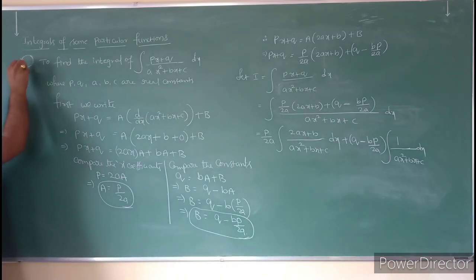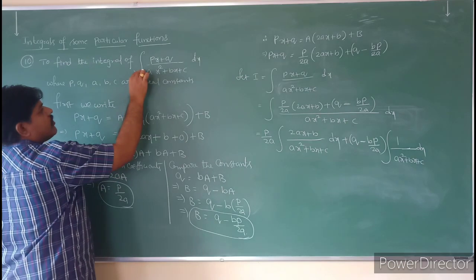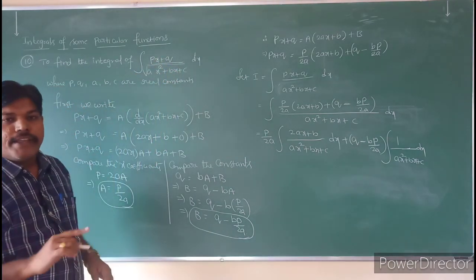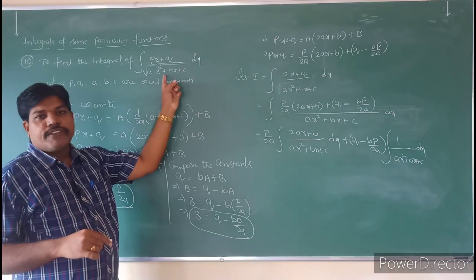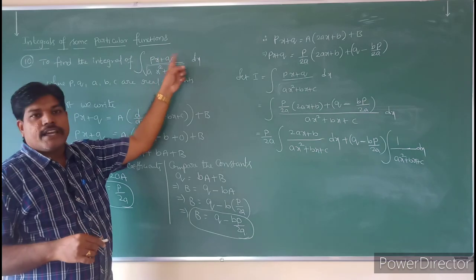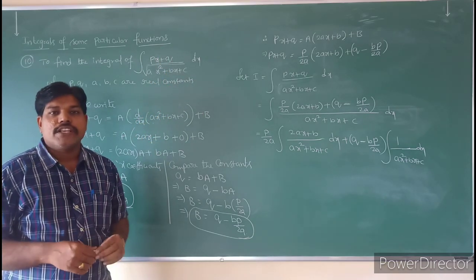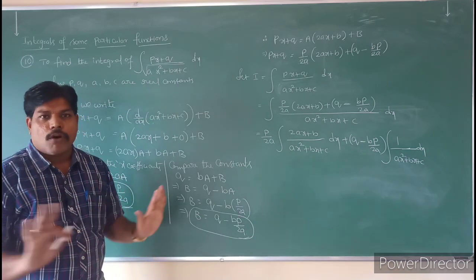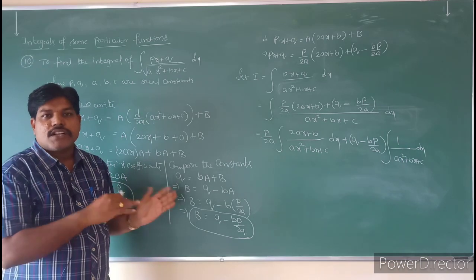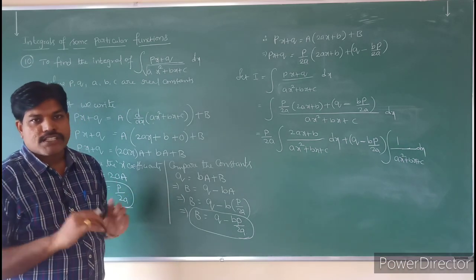That model is nothing but to find the integral of the form px plus q by root of ax square plus bx plus c into dx. Px plus q by root of ax square plus bx plus c into dx. So how to solve these type of problems? Okay. Same model. The only difference between the previous one and this one is that the under root is there. In the denominator you will get the under root. So what is the remaining procedure?